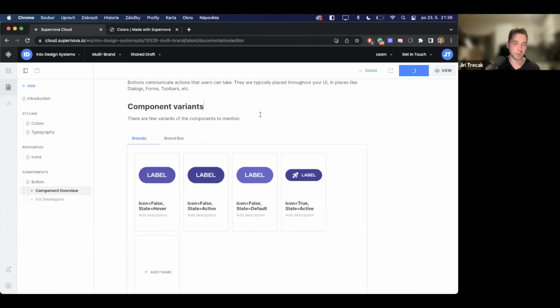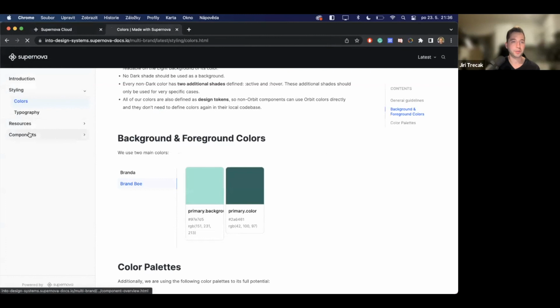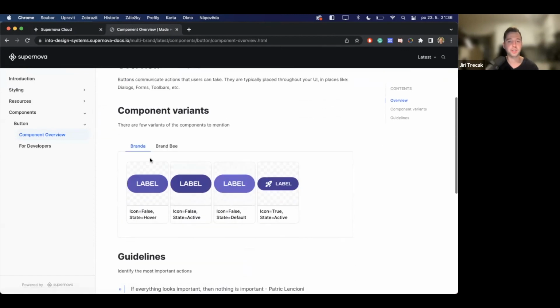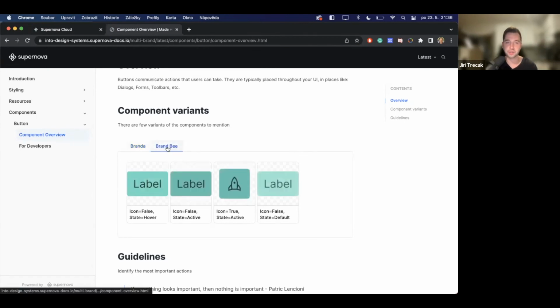It just takes a bit longer because we have connected the Figma files. So going into components, now we have the component overview, which is a main tab of the documentation page, but we also have a component variance basically showing here in both the brand A and brand B variation. So there is quite a bit more that goes into Figma, but looking at the time,